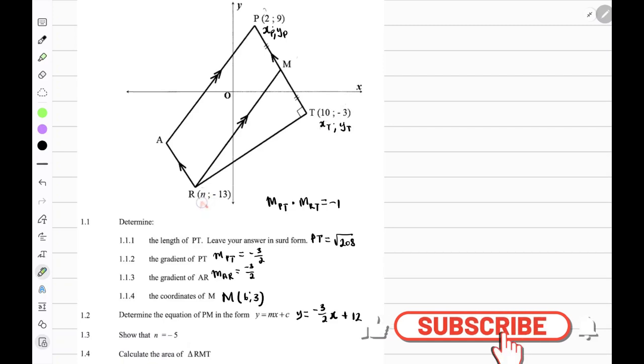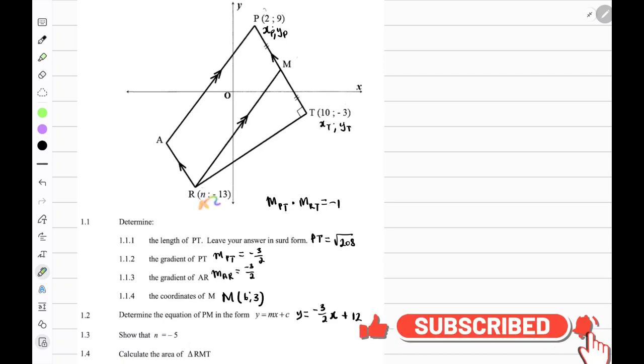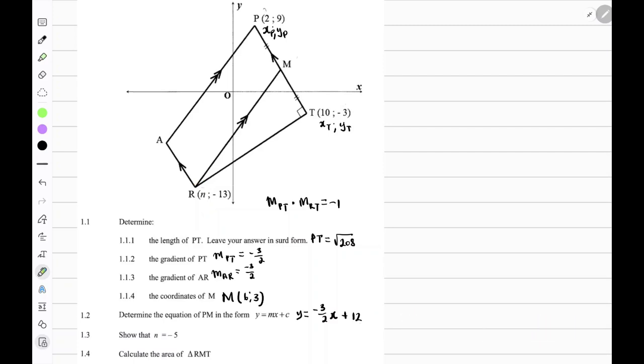So the next question says show that n is equal to minus 5, right? So they want us to find the value of n here, the x coordinate of r, right? But you will recall that PT and RT are perpendicular lines, and we found the gradient of PT to be negative 3 over 2. We've established this. So it's possible to find the gradient of RT